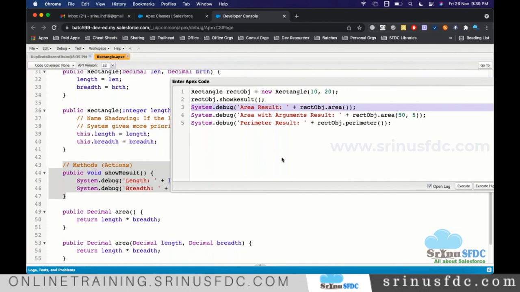Let's say when the car is manufactured, they say it will go 200 kilometers per hour. We test it, right? We really apply that and test it. Is it really going 200 kilometers? So like that, we are calling, and whatever result it is giving, we are printing and seeing. Is it really happening like that? That's what we are seeing here.